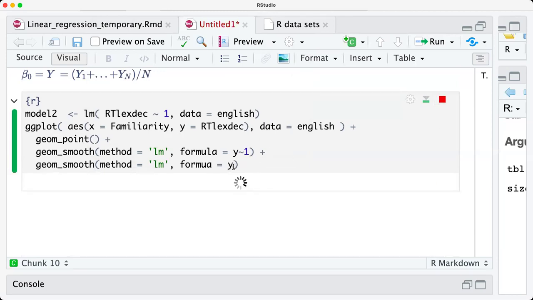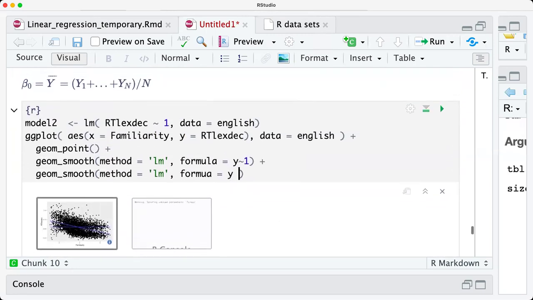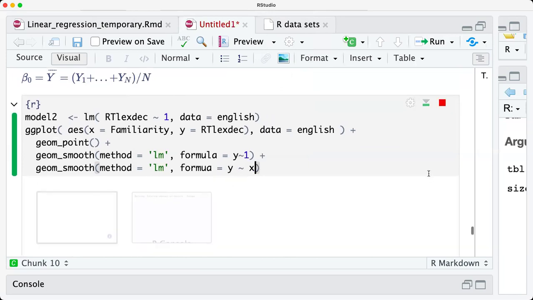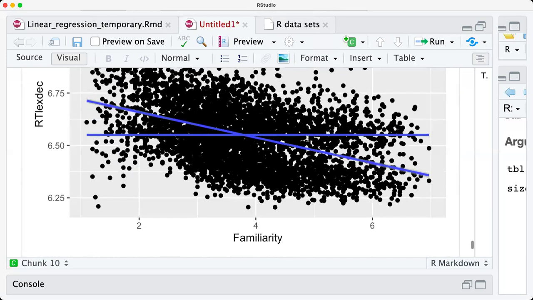So you see this line is better, has a lower sum of squares of the residuals,